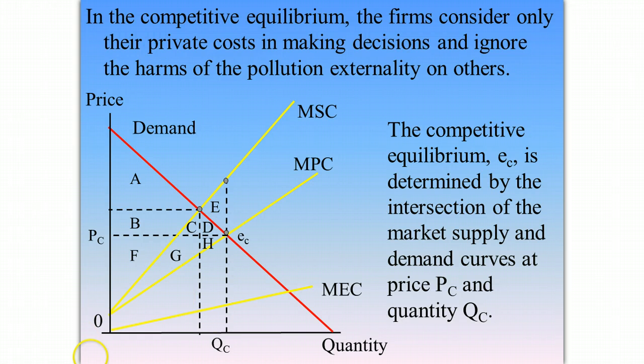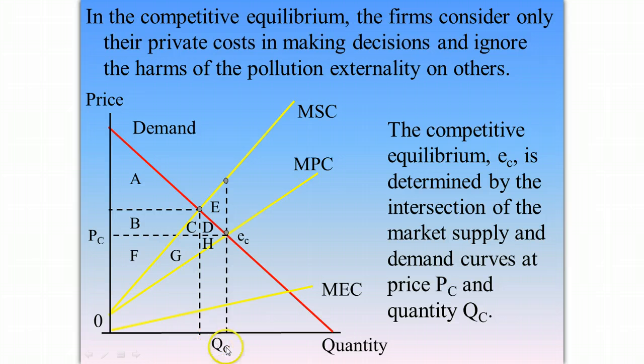But from a social or society's perspective, there may be an additional cost. So this gives us the MSC, the marginal social cost of making the product. So this better reflects the true cost of production. It reflects the costs that appear in the firm's accounts and the cost that society incurs. So if we look at what happens at quantity QC,